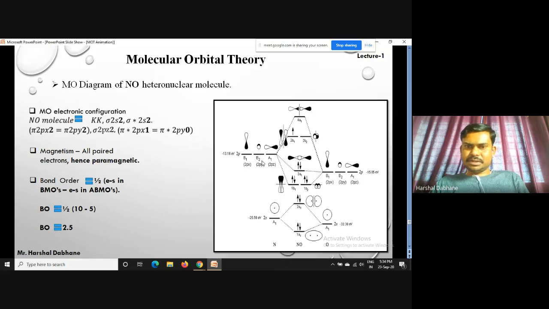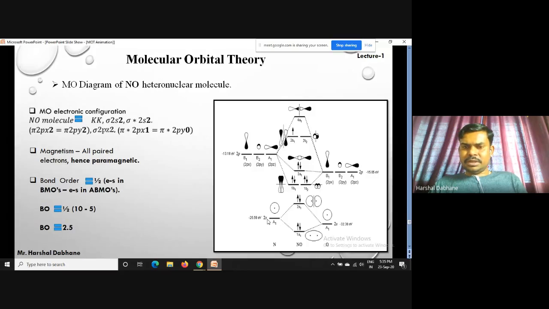So see, in case of nitrogen, these are the atomic orbitals of nitrogen. This is 2s, and this is nothing but the 2p orbital. This one is the atomic orbitals of oxygen. So this is 2s orbital, and another is the 2p orbital. So here, when we write this on the energy axis, the energy of this nitrogen orbital is greater as compared to the energy of the oxygen orbital. Why? Because oxygen is more electronegative as compared to nitrogen, so the energy of this orbital is less as compared to this orbital of nitrogen.